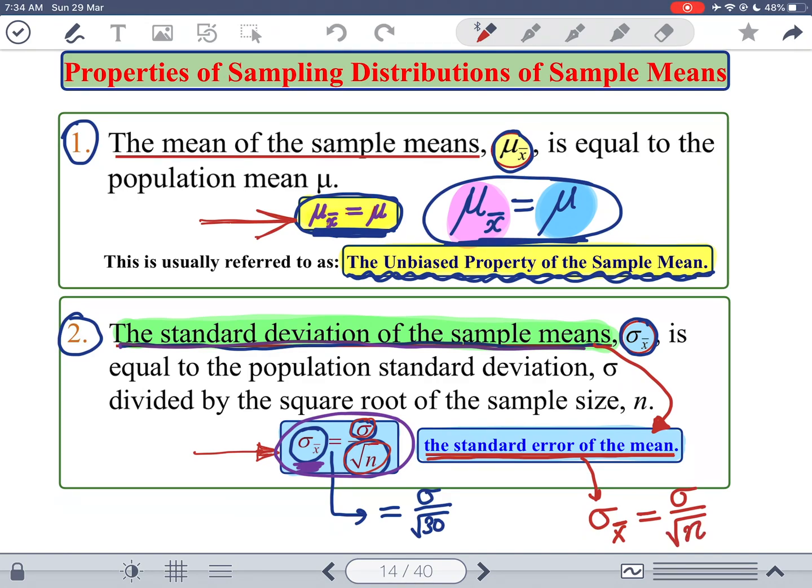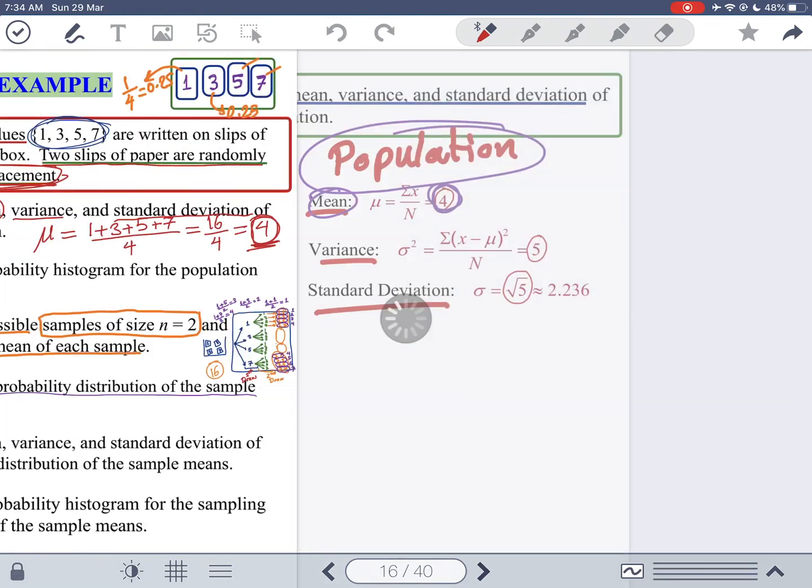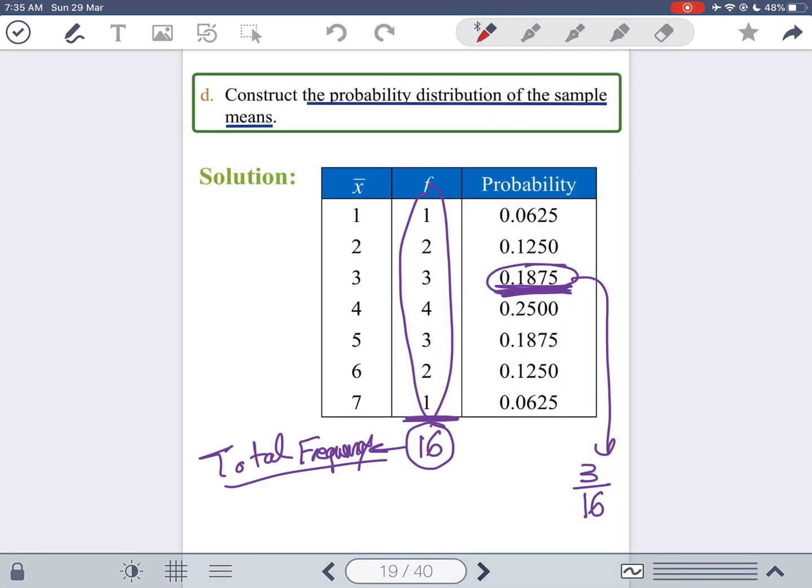And remember that when we do sampling distributions, the sample size remains constant from sample to sample. So if you choose 30, you need to have all your samples of size 30. Choose 50, you have to have all your samples have size 50. Okay, and now we will see,